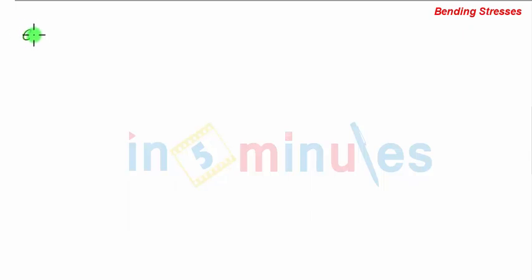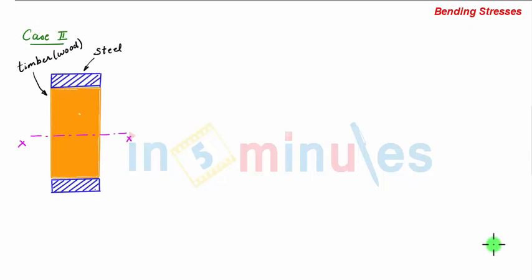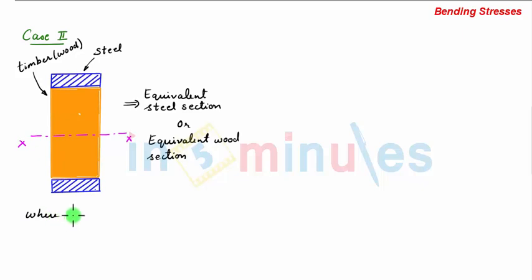So case 2, wherein we have a composite section of a beam where the centroidal axis of the composite section does not pass through the centroidal axis of each of the individual sections. Our usual practice is to convert this composite section either into an equivalent steel section or equivalent wood section, where your depth is retained